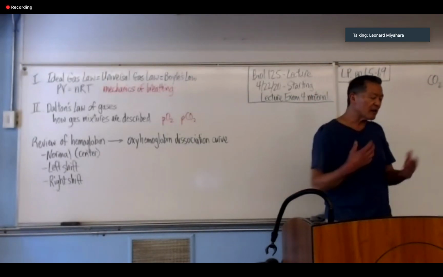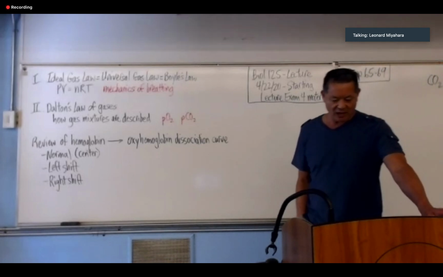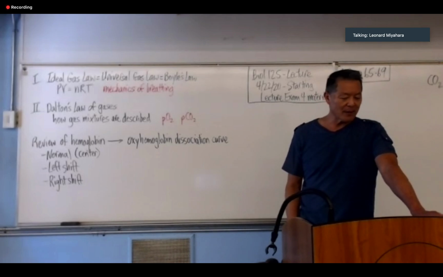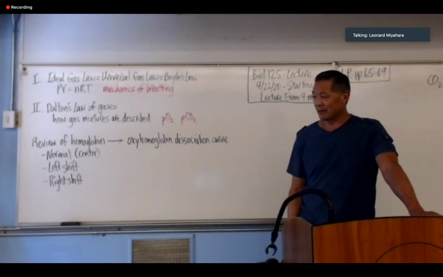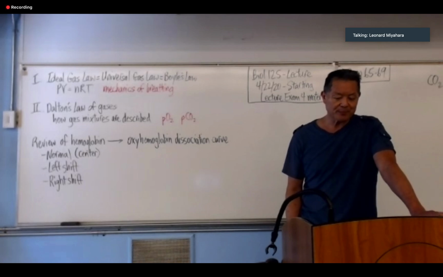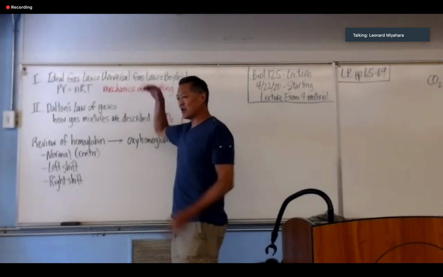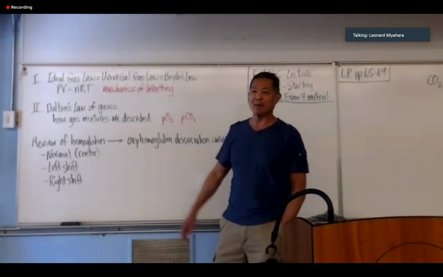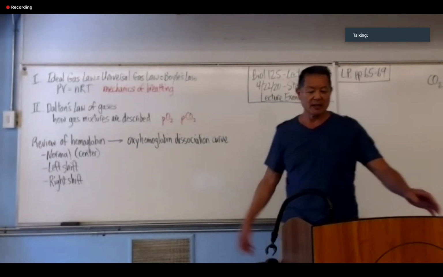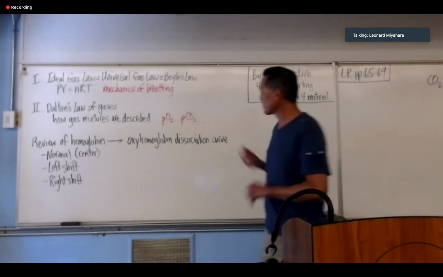Okay, now there's other implications for physiology besides that, with Dalton's law of gases. And some of it has to do with what happens at different pressures. If we're at sea level and the partial pressure of O2 is 159 millimeters, if we go up into the mountains, the whole total pressure goes down. That's why your ears pop when you go up into the mountains. But that means all these numbers go down proportionally. So if that 159 for partial pressure of oxygen,